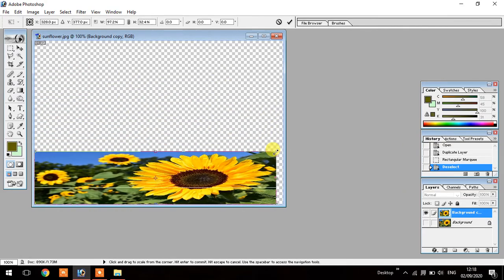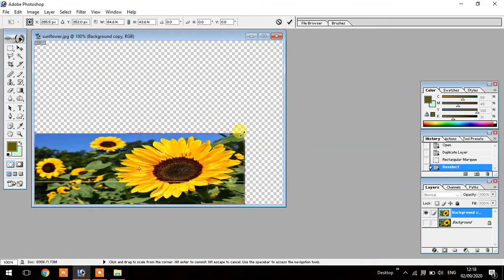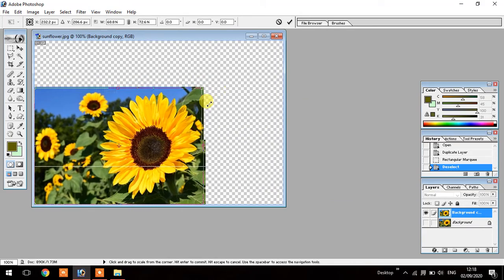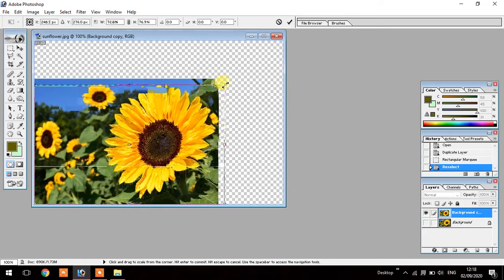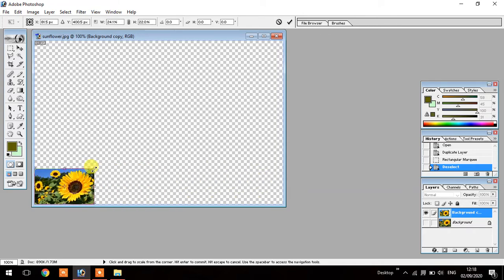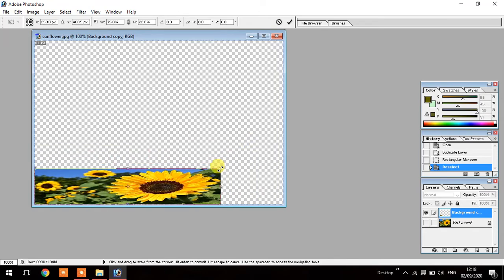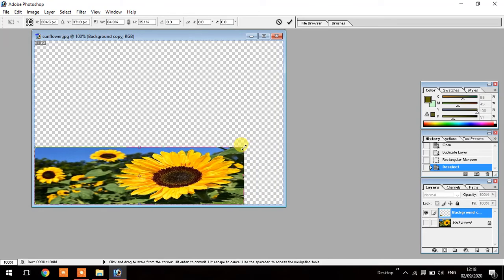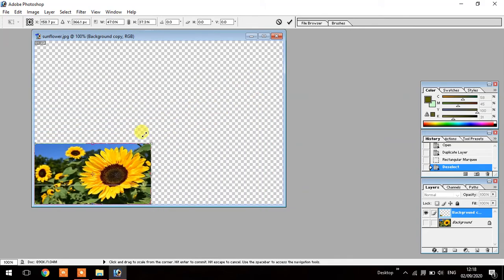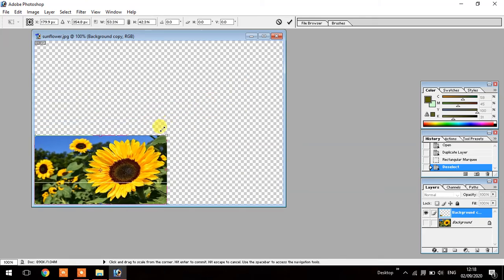You can resize your image, but if you press the Shift button, it resizes your image in equal length, meaning in the shape of a square. And when I move this handle, it moves your image in one direction. But if you want to resize your image in a square shape, then press the Shift key. It automatically increases or decreases the size with length and breadth equal, that means in the shape of a square.